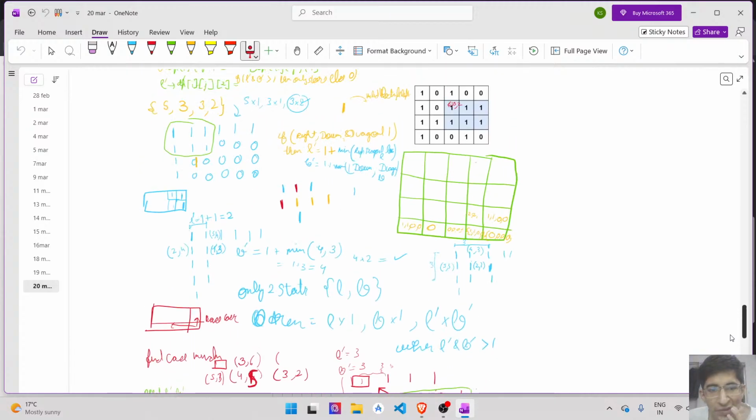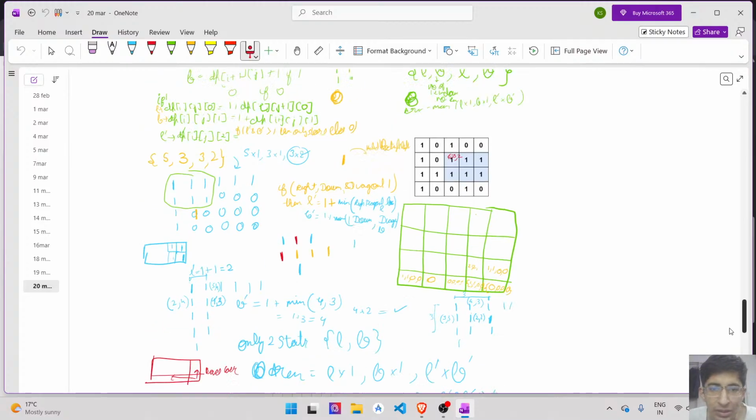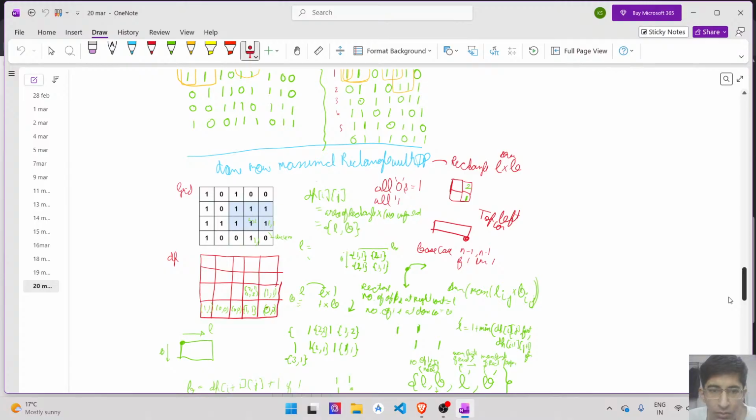So I found this solution, which is O(M times N times N). It was within the constraints of LeetCode, and it got submitted. I will not explain all of this, but the main part is my DP state was